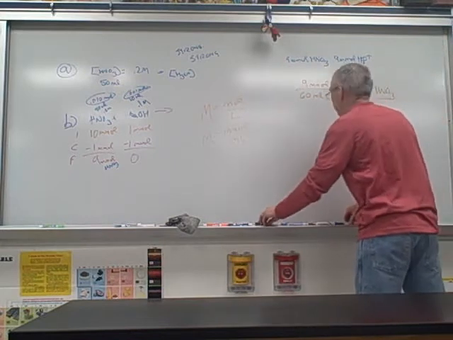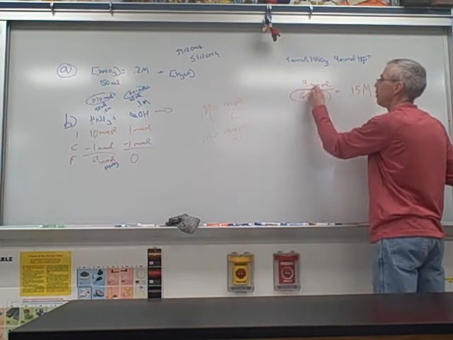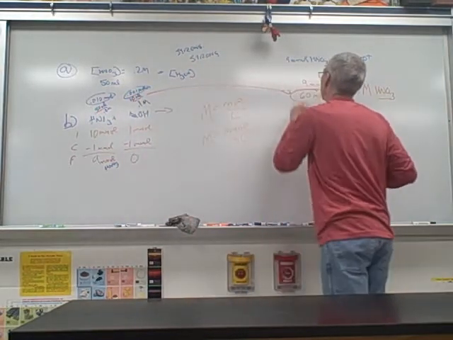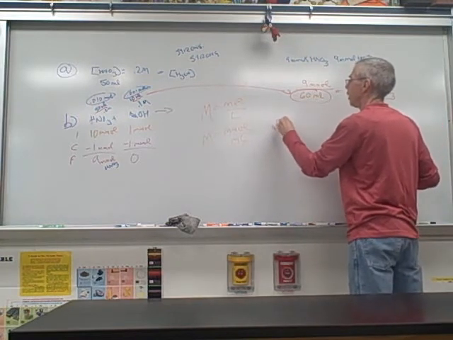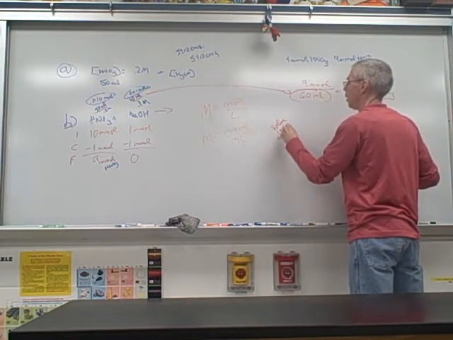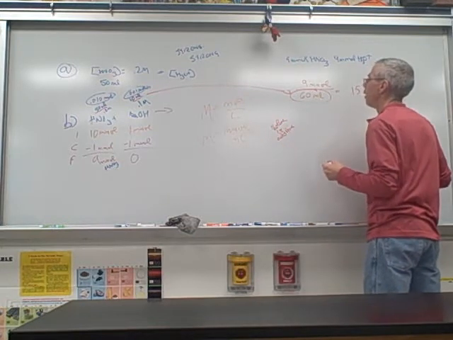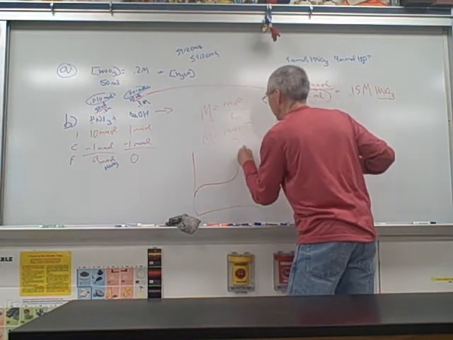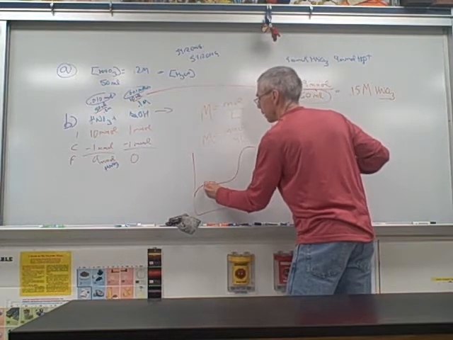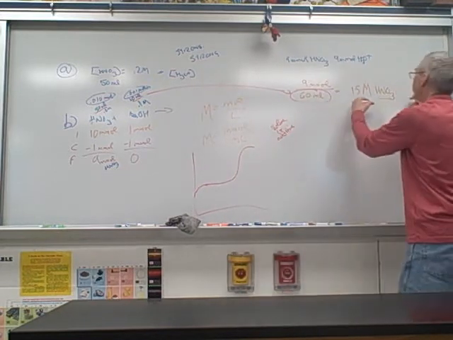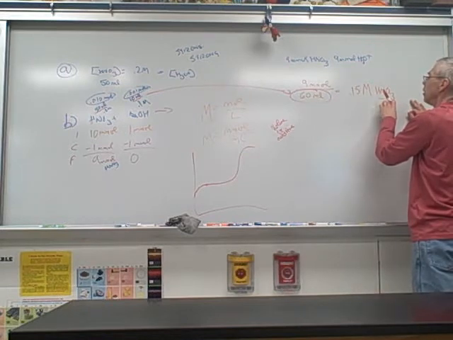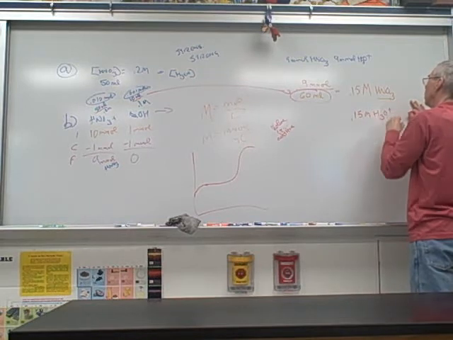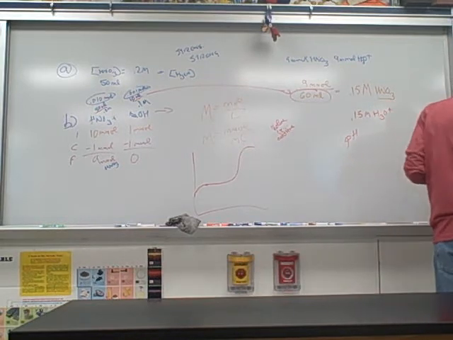But the big thing to notice is that this is in 60 milliliters. Why 60 milliliters? 50 milliliters and 10 milliliters makes 60 milliliters because the volume is additive. So it adds up. Okay? Now, at this point, which would be someplace on the titration curve right in here, we have 0.15 molar HNO3. Therefore, we have 0.15 molar H3O+,